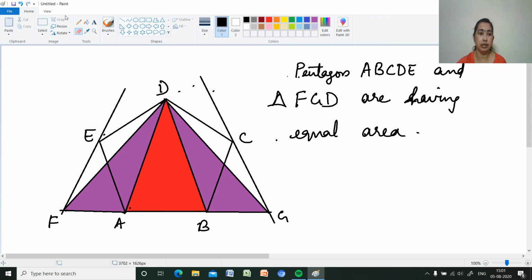So that is the construction related to areas. We have shown how to convert a triangle to a triangle of equal area, a quadrilateral to a triangle of equal area, and also a pentagon to a triangle of equal area. These constructions show the main concept which you studied earlier. What is the concept? Triangles with the same base and under the same parallels have equal area. We still have a little bit more left, that is triangle division,